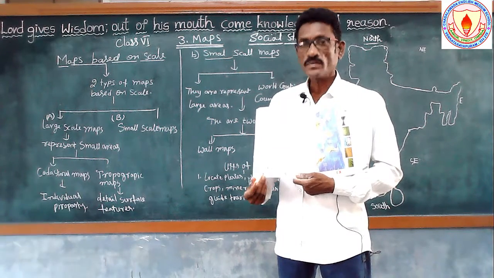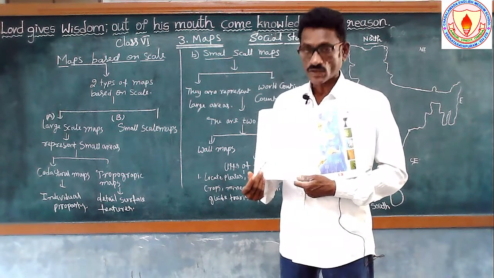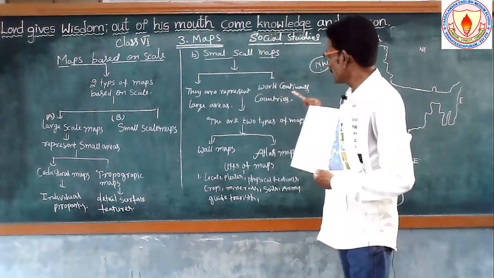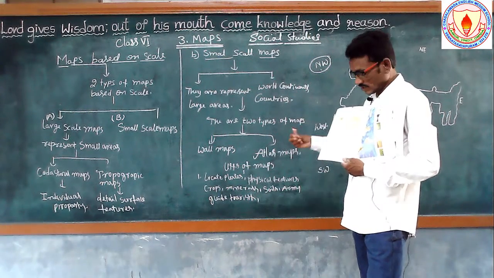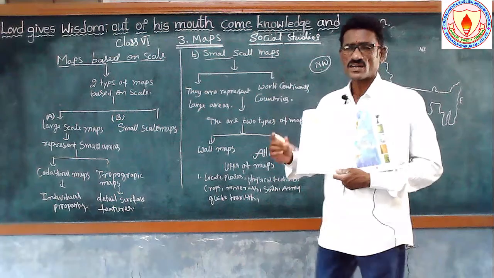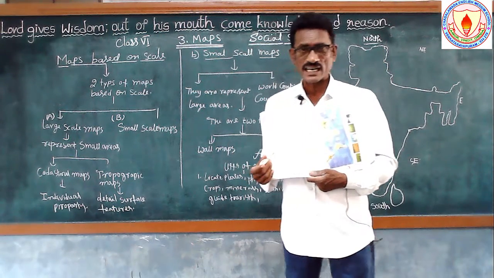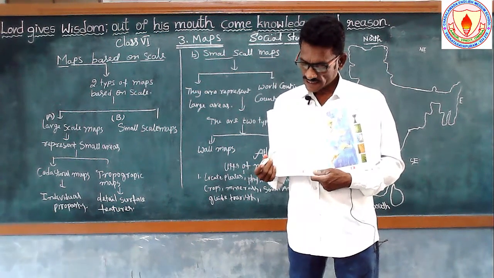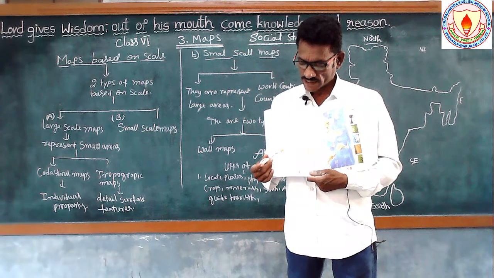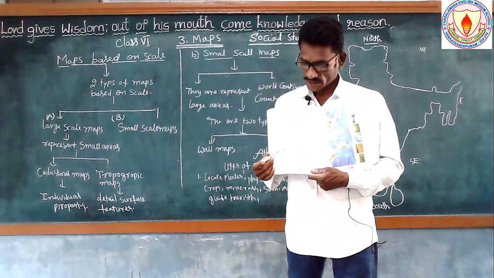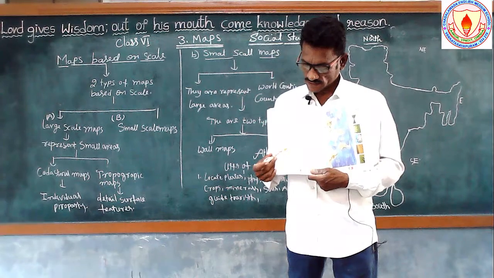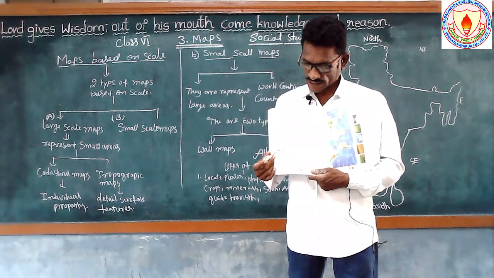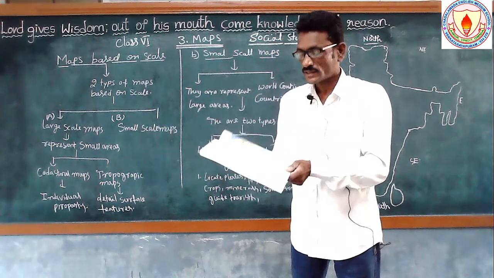So we are able to see these continents and oceans. See here, continents and countries are also located here. Not only that, we are able to see Canada here. This is Alaska, and Canada is located here, and down is the USA. So these are the North American countries, some of the important countries.